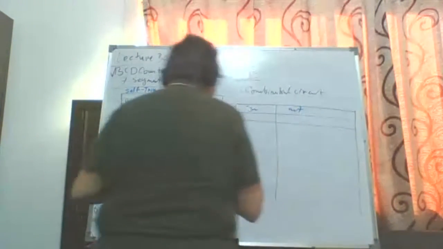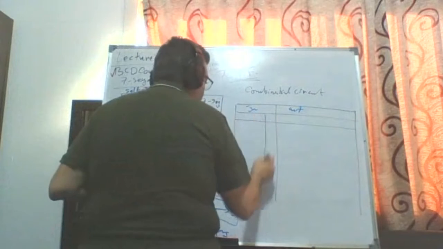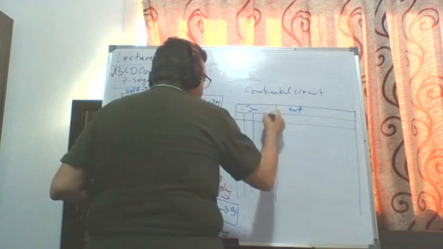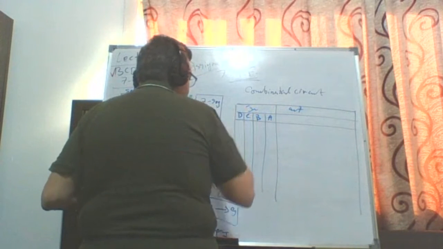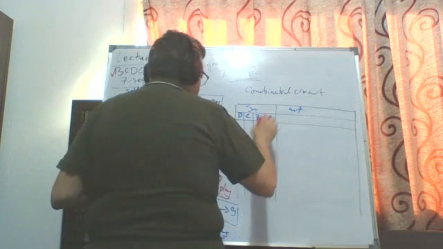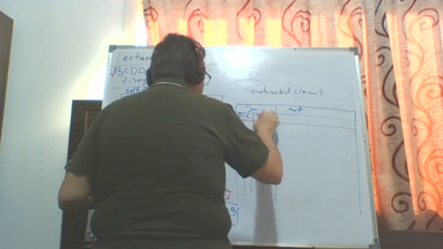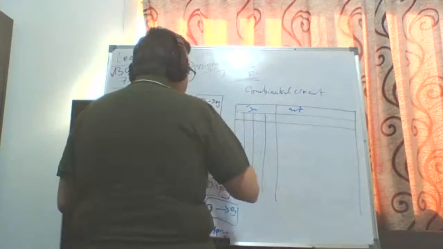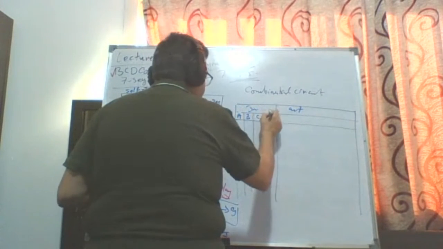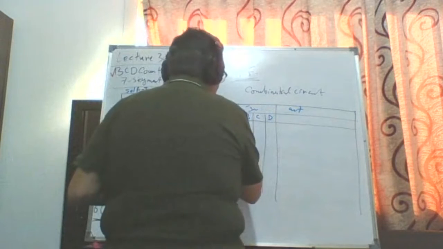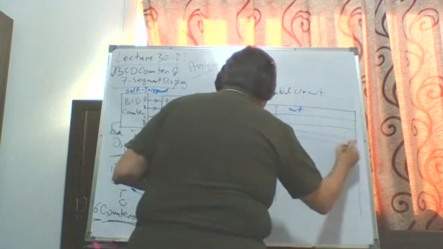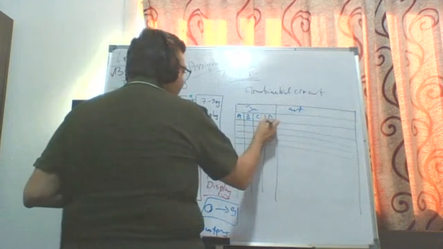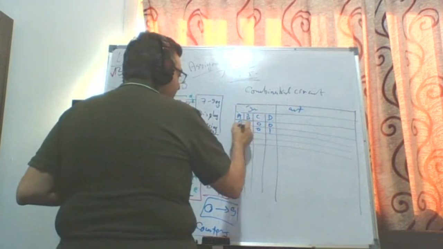How many inputs to the 7-segment display decoder? These are 4 inputs: A, B, C, D, in any order. Let's go with the same order that we already used. So A, B, C, D. And I expect here to see all possible combinations of A, B, C, D. No, I will see only the combinations for the numbers starting from 0000 up to